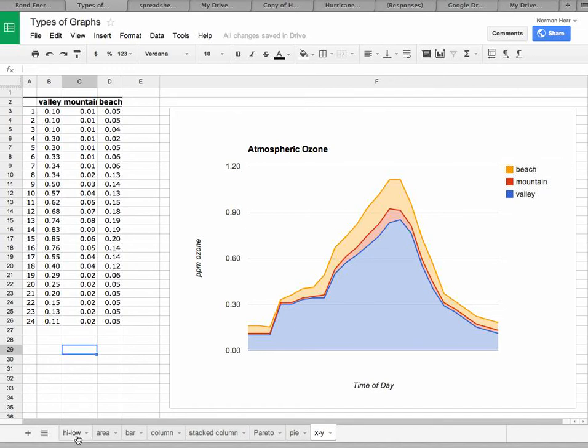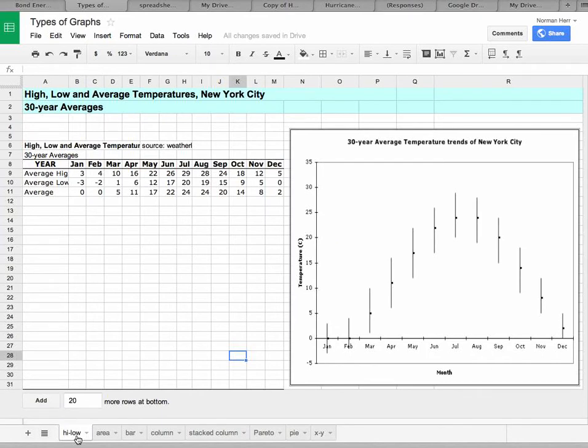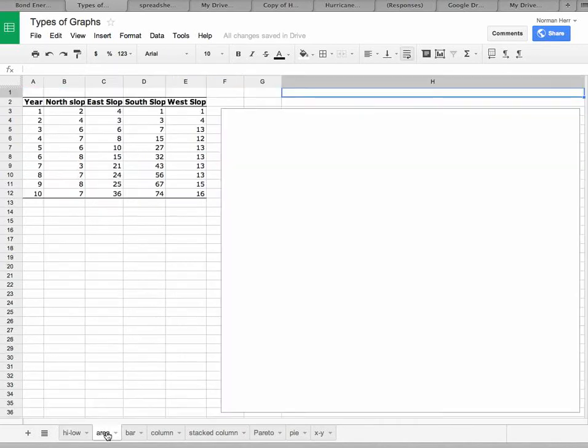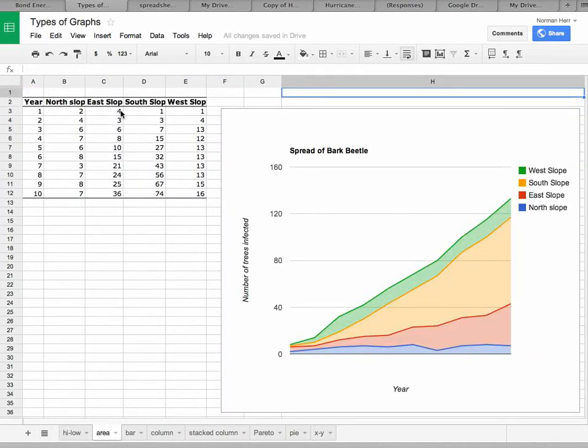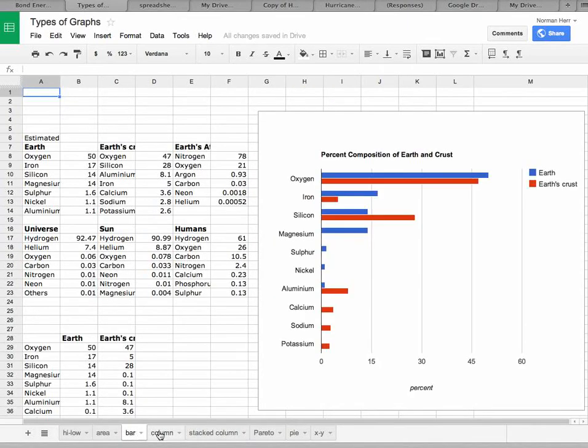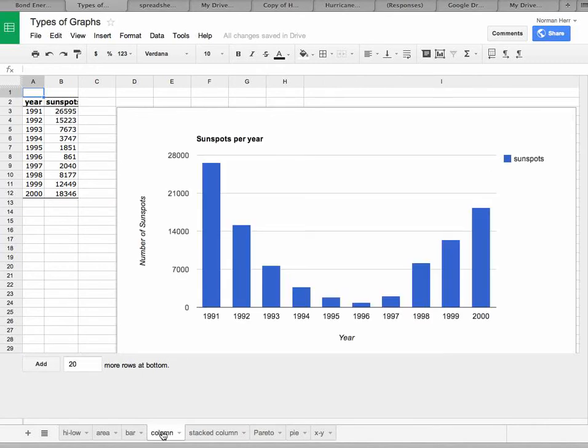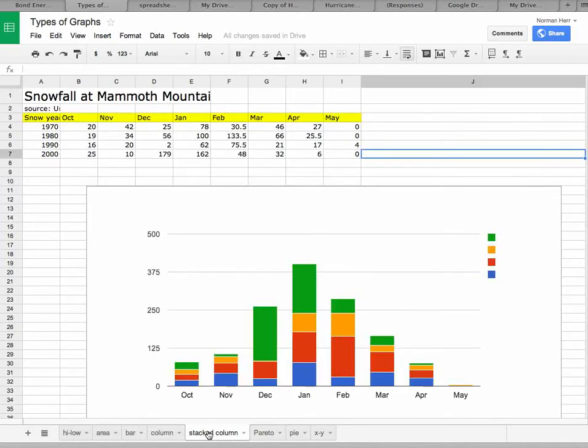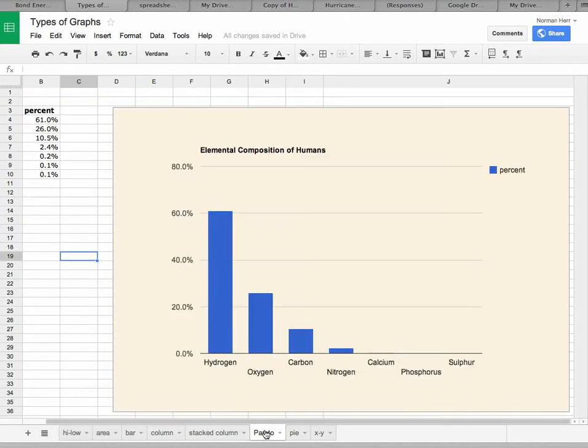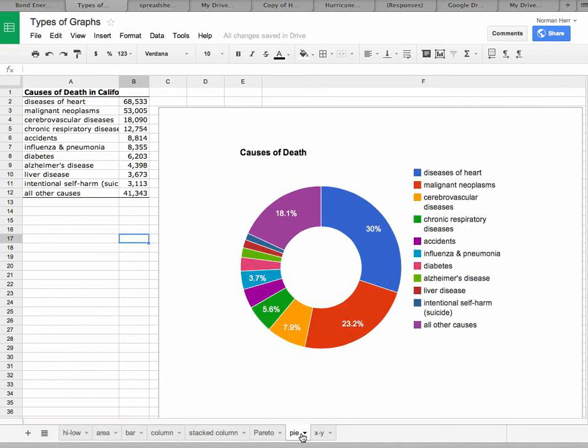Well, we can also look at high-low graphs, which is coming from this data, or area graphs, which is coming from that data, or bar graphs, or column graphs. Spreadsheets allow us to graphically represent information, and that allows us to make interpretations and make inferences and so forth